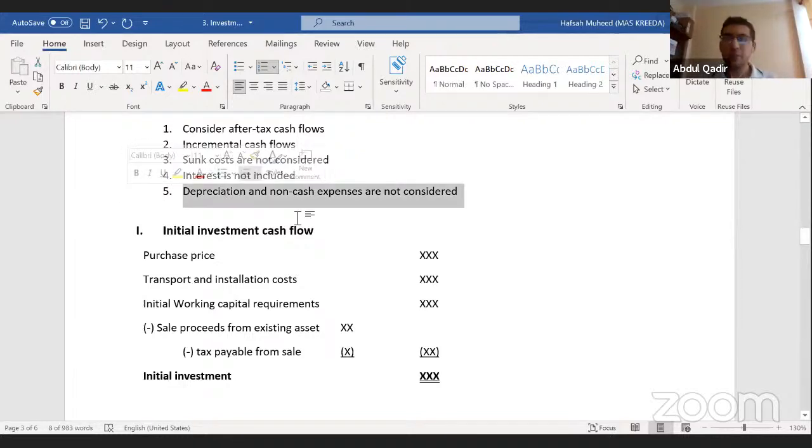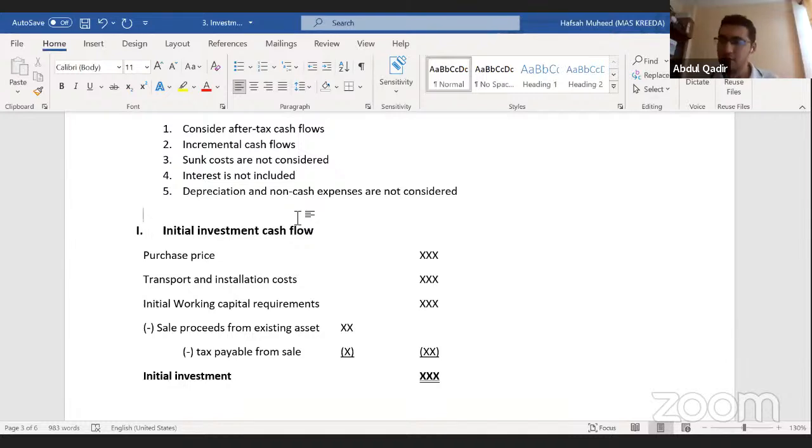You don't consider it, which means you don't calculate depreciation as a cost and deduct it. Now in your income statement, you generally do that when you calculate profits, but in investment appraisal, you don't calculate depreciation as a cost and deduct it. Depreciation is not considered there. But just like someone rightly said, if they give profits and you want to go to cash flows, then you add depreciation. That we will see in a little while in the questions.